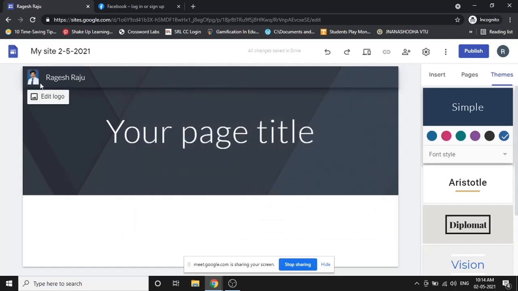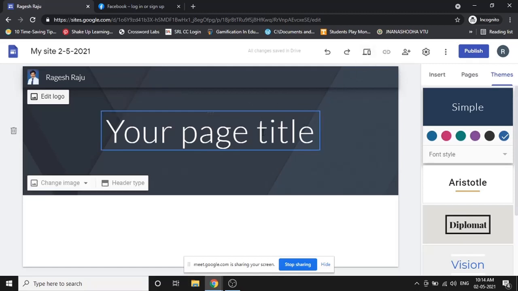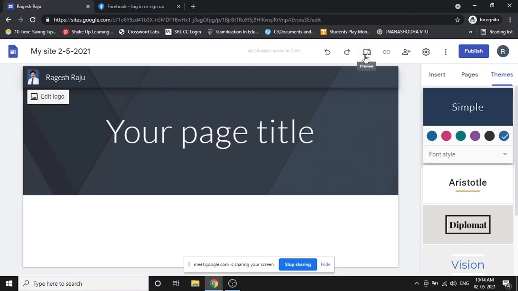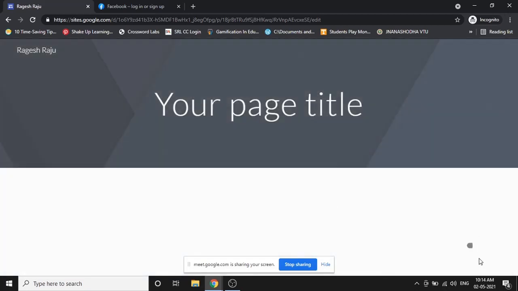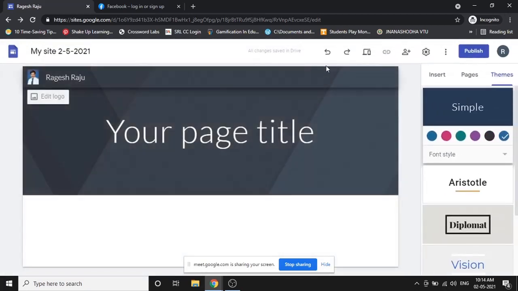So I close. Okay, my logo is uploaded here, the name for the website is given here, and the favicon is also uploaded. There is a best practice: whenever you do something, you can see the preview of how it looks on your desktop, tablet as well as mobile. I click on this preview option here. On the top you can see an undo last action, a redo last action, and next to that there is a preview button. I click on the preview button.